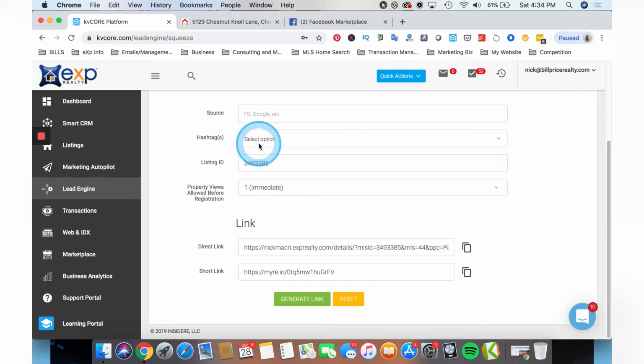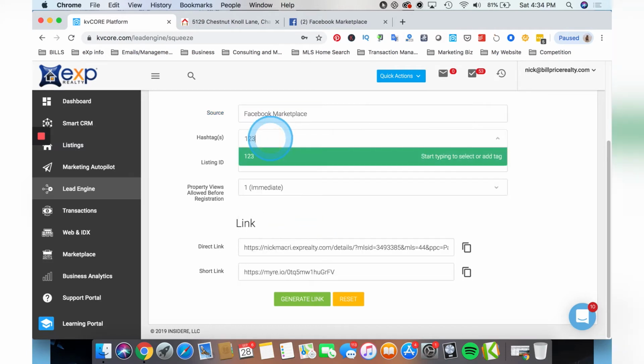Okay, and so we're going to use, maybe we want to create a hashtag, maybe we want to give it a source, Facebook groups, Marketplace, something like that. But we don't have to necessarily, but I guess I could do this for this. Facebook Marketplace. So basically what'll happen here,